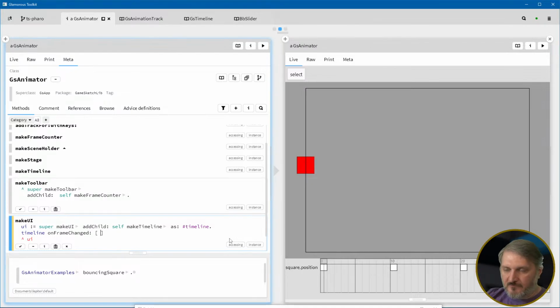I'm going to break for lunch here. So I'm going to save this the one way. And then while I'm at lunch, I'm going to do some reading on how events are meant to work. I think it's about making an announcer, an object called an announcer. I think that's just a standard Smalltalk thing. I'm going to do a little bit of research on that, and then